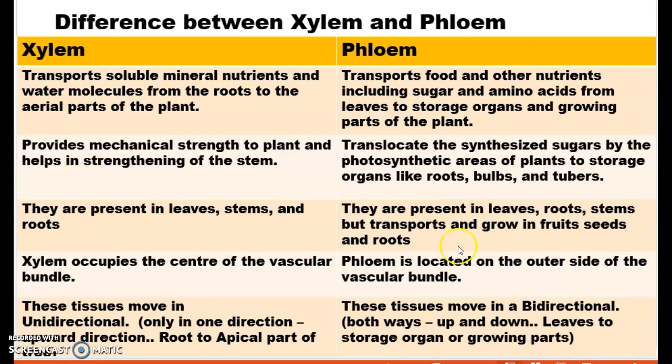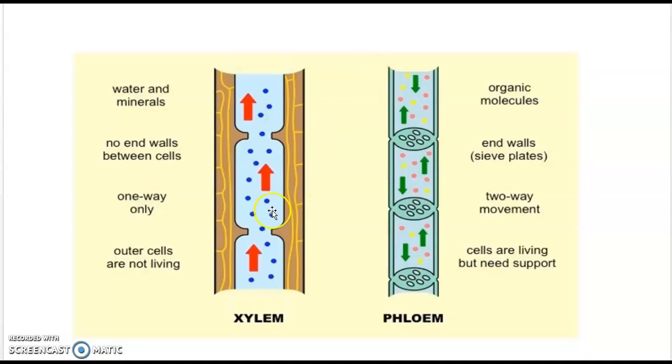So basically this is the difference between the xylem and phloem. And most of the cells in xylem are dead, while most of the cells in phloem are live cells. Here from this picture you can see how xylem is responsible for the transportation of water from root to the apical part or other upper parts of the tree. So here you can see the unidirectional flow of water and minerals, and this is the phloem, in which you can see the bidirectional flow of organic molecules, that is their food,